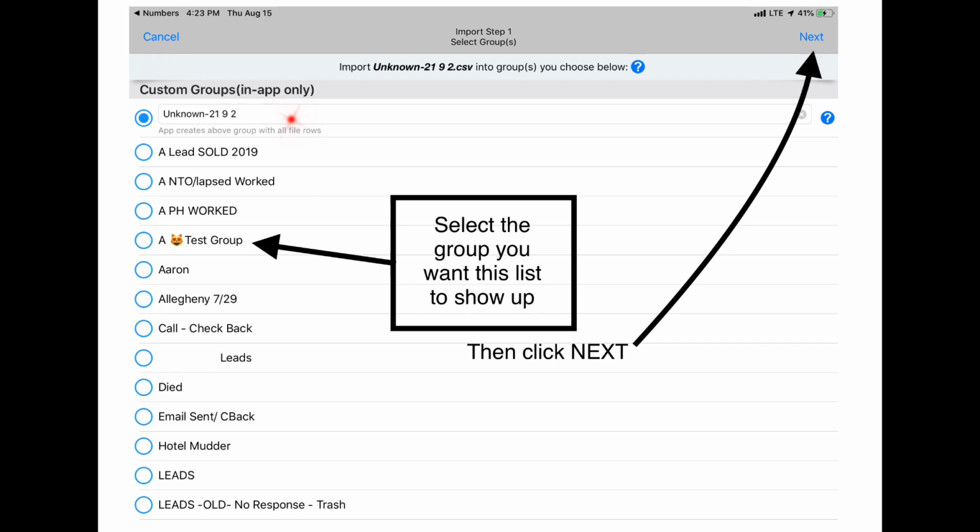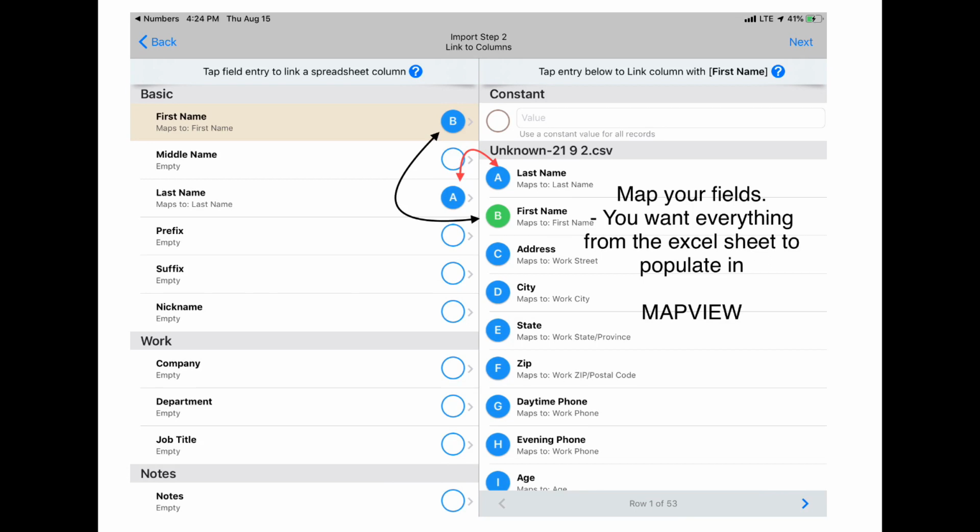If you remember back a few slides, I told you that if you do not select a group, your leads will automatically go into that unknown folder. Here is the group that we created, and this is the group that we want to put these leads in. So you're just going to press onto this group, and then you're going to select next. Now, the very first time that you do this